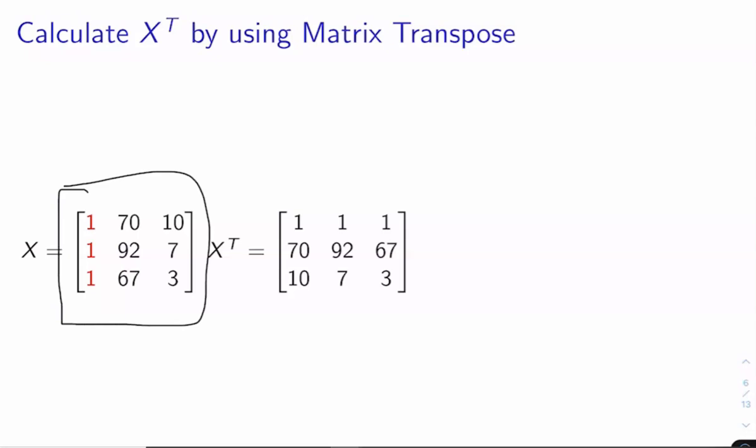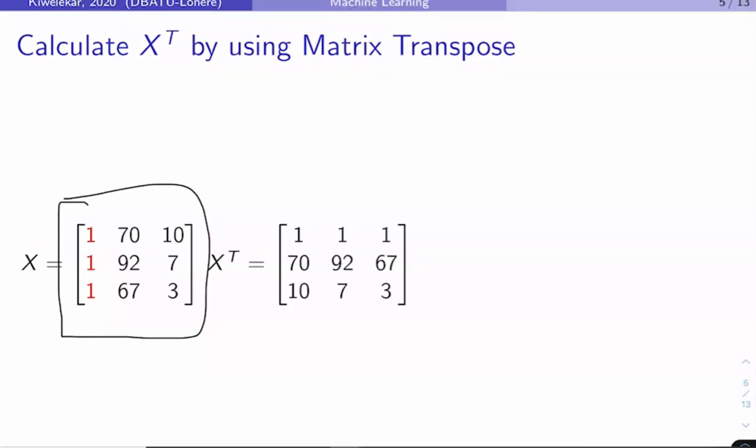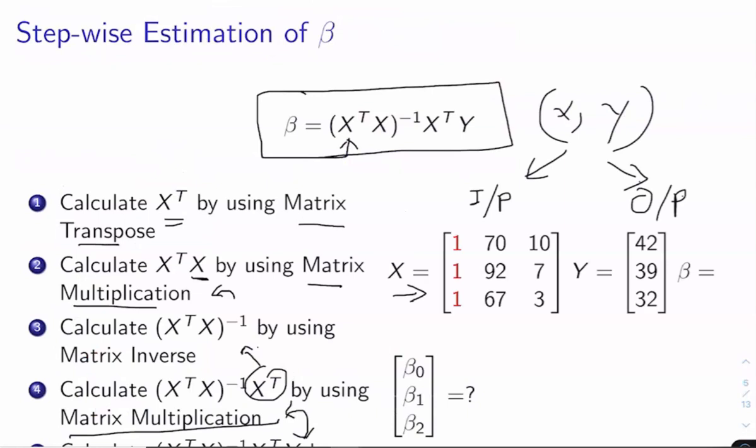In order to understand the application of this formula for beta, you need to know different operations that you have studied in linear algebra, that is nothing but the matrix operations. And this is also a good tutorial for matrix operations, because it covers almost all the matrix or linear algebra operations that are required in order to understand the various concepts of machine learning.